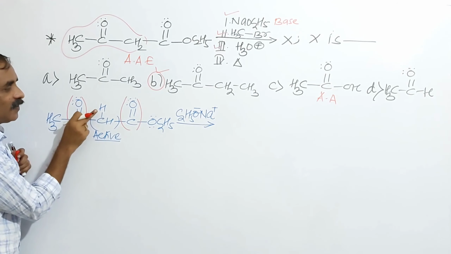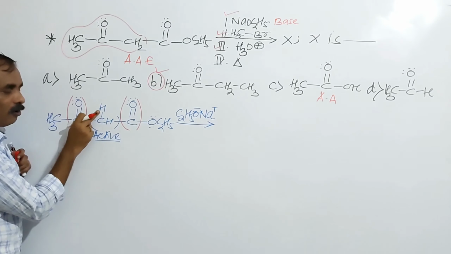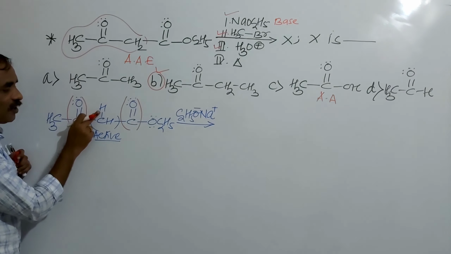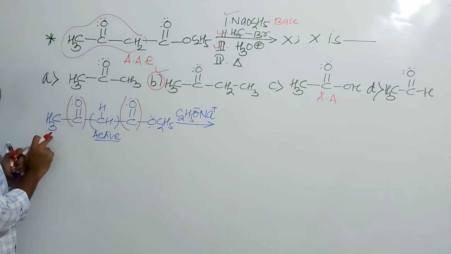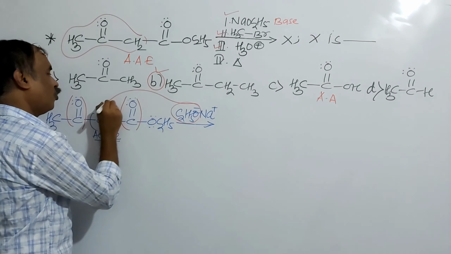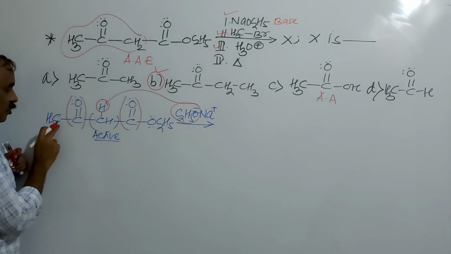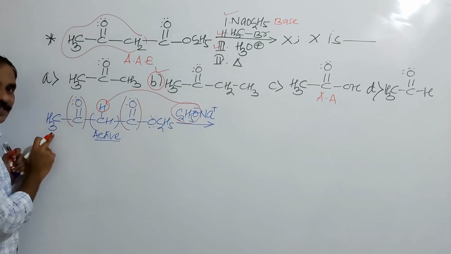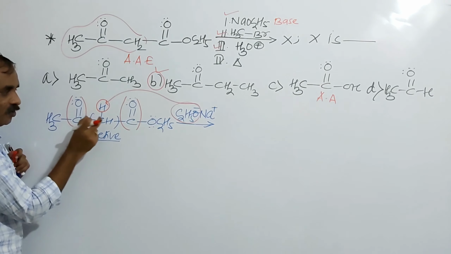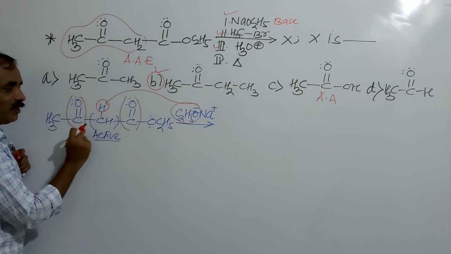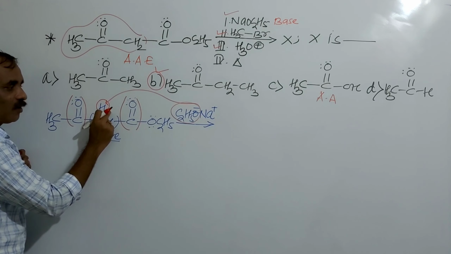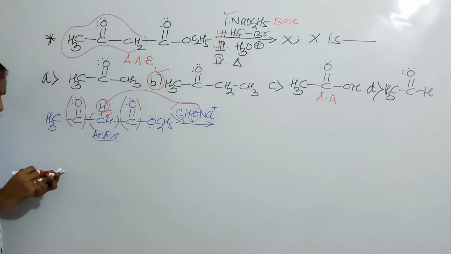If we compare the acidic strength of methylenic protons and methyl protons, definitely these alpha hydrogen atoms are more acidic compared to these alpha hydrogen atoms. So here this base will not abstract a proton from here, because these protons are less acidic, because only one carbonyl group is there. But for this methylene group, two electron withdrawing carbonyl groups are there, so it is active and more acidic. So this base will abstract this alpha hydrogen, forming a carbanion like this.